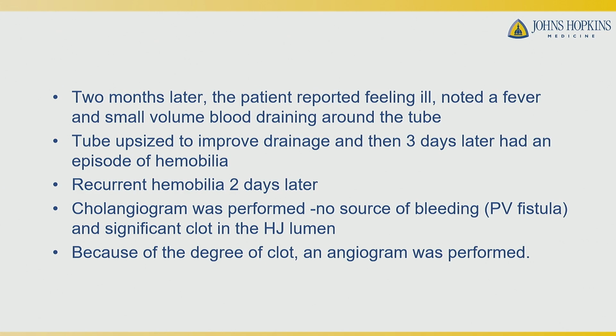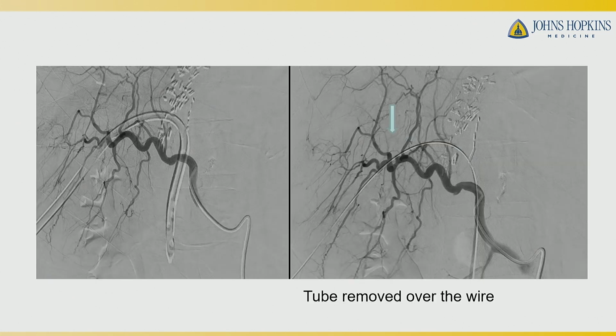Took him obviously for cholangiogram, did digital subtraction cholangiogram to see if we could light up a portal vein source, couldn't see anything, but he had significant clot that you could see on the cholangiogram in his HJ lumen, so we proceeded to angiogram at that point. So we first got right groin access, went up with the 5 French Simmons 1, performed an angio in multiple obliquities with the tube in, and then the critical portion here is you got to take the tube out because the tube in and of itself will be tamponading whatever bleed is coming through the arterial system.